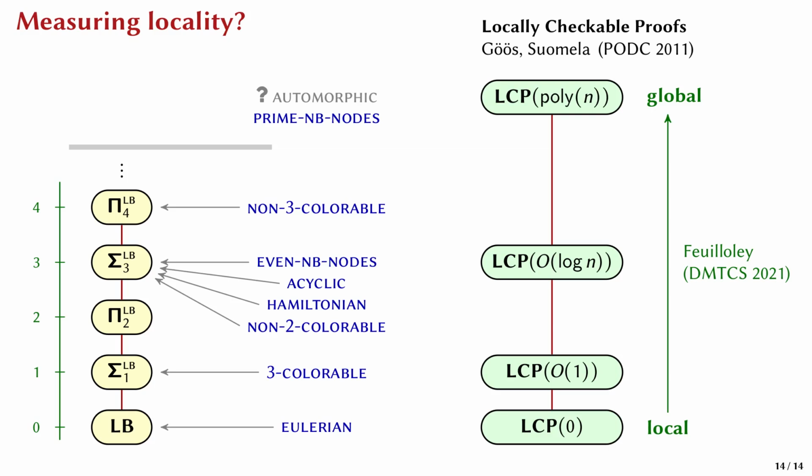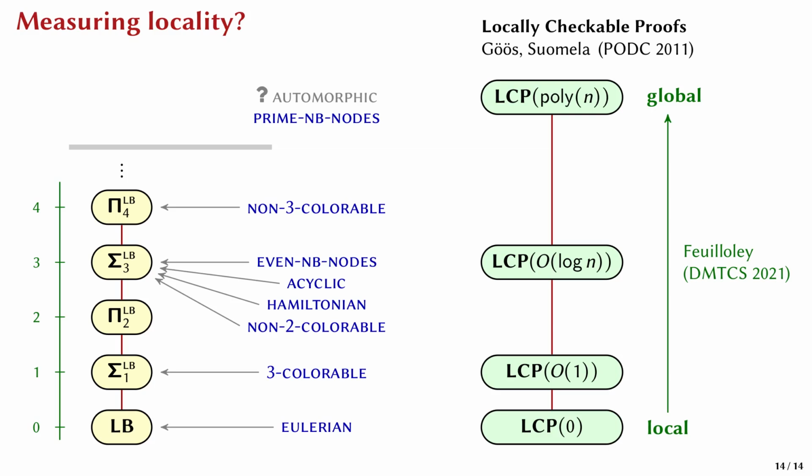Again, the lowest level is local by definition. And as soon as we allow certificates of polynomial size, everything becomes trivial, because then Eve can just give the nodes a map of the entire graph. So the highest level is global simply because it contains all graph properties. And more generally, Feuilloley's intuition is that certificates are pieces of global information that Eve can give to the nodes. So the larger the certificates, the more global information the nodes can receive.